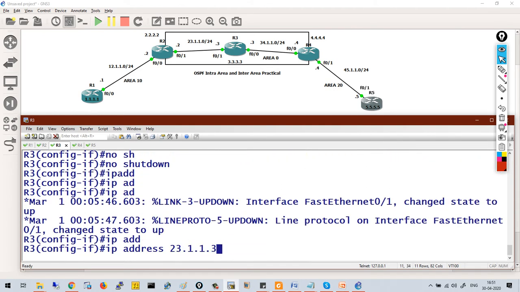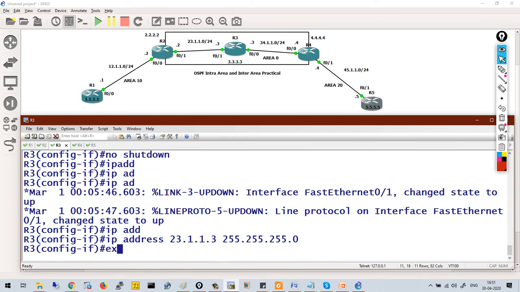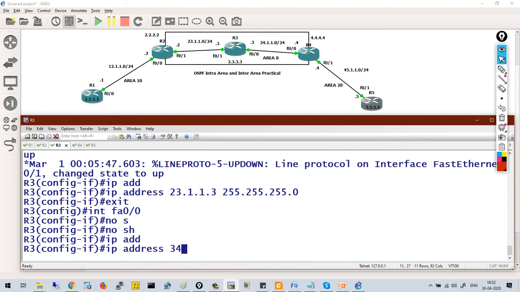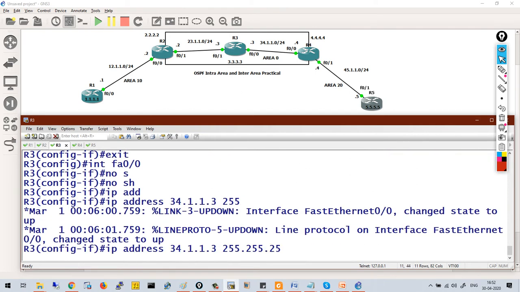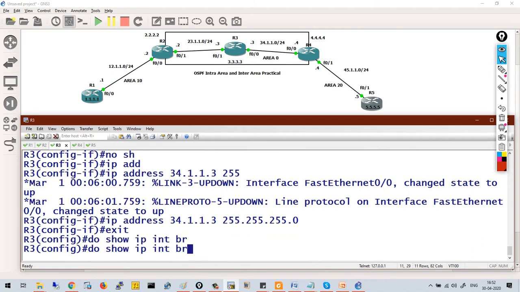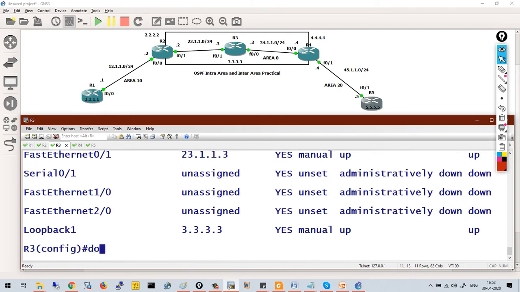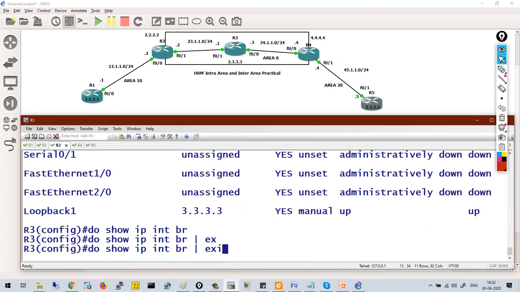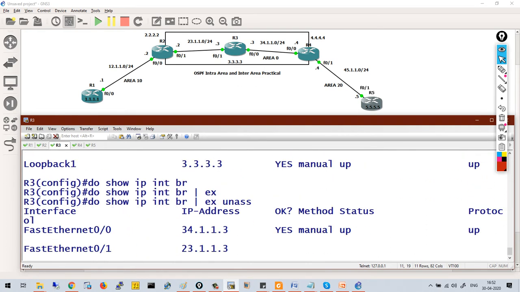IP address 23.113, 34.113. Do show ip interface brief. Again, I can get the selective output by excluding the keyword unassigned.